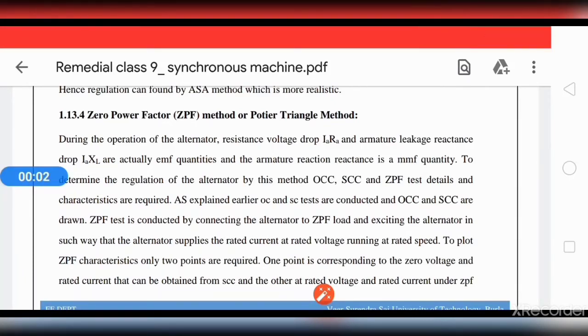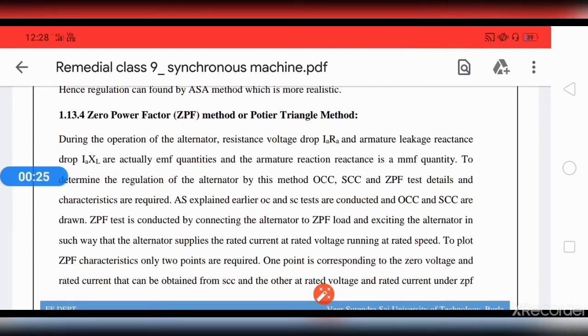Hello everyone. Today we are going to discuss remedial class lecture number 9 of synchronous machine. In this lecture we are going to discuss the zero power factor method, or Potier triangle method, for calculation of